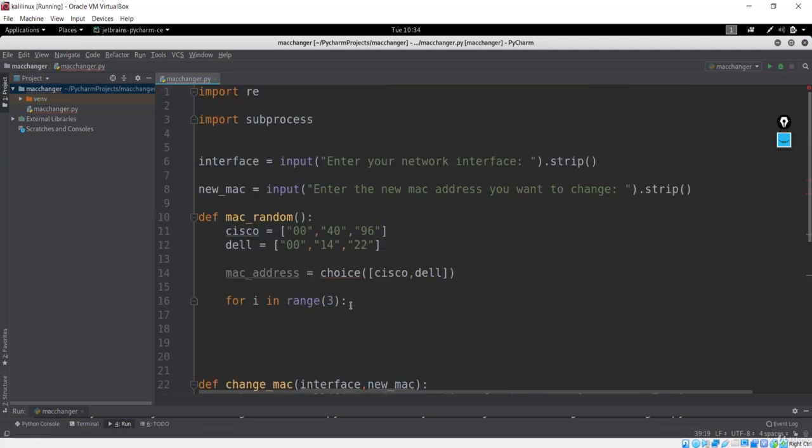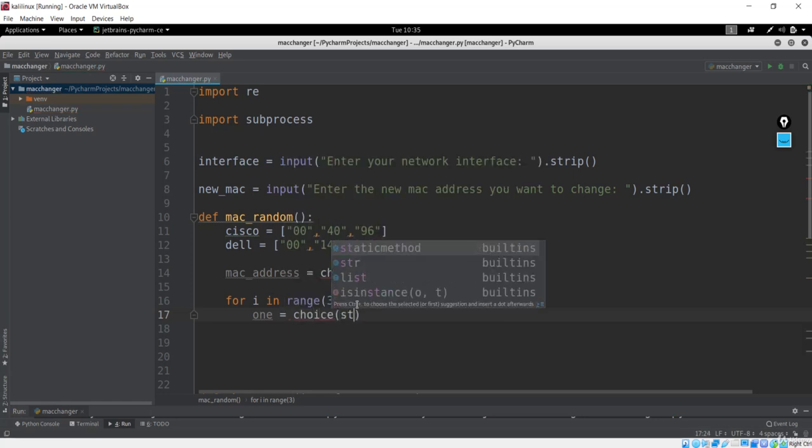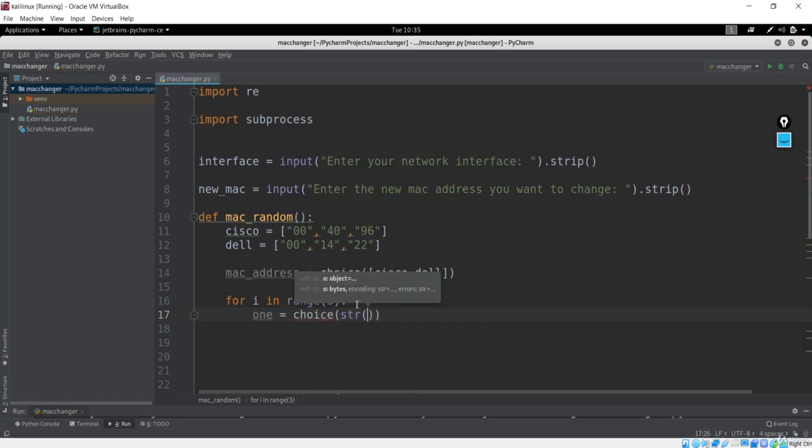Let's go over here again. In this loop, we are going to make one pair at a time. I'll say choice, and here I want to convert to a string. So basically we want randint.